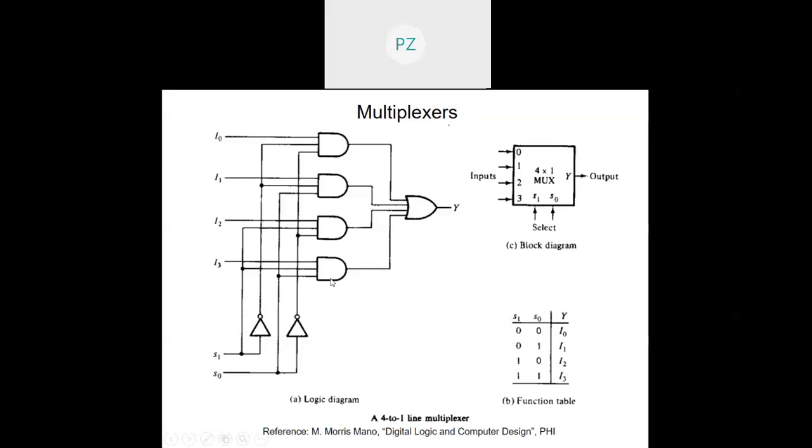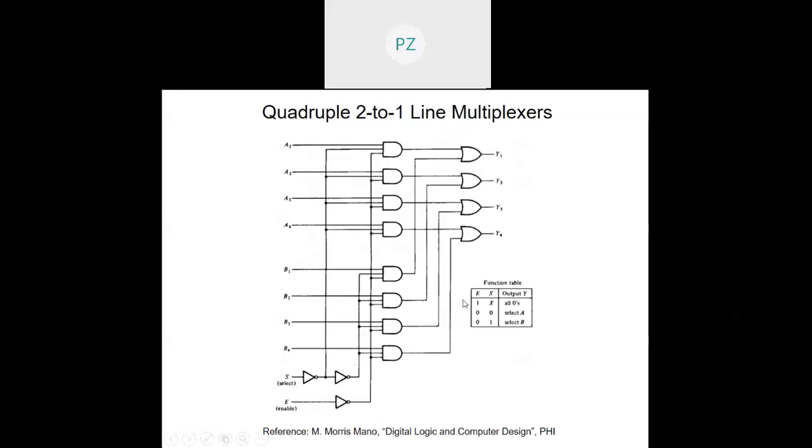Because these gates are essentially generating the min terms corresponding to S1 S0. See, this is S1 dash S0. This one S1 dash S0 dash. This one is S1 dash S0. This one is receiving S1 S0 dash, and this one is receiving S1 S0. So essentially, they are taking the min terms of the select lines, and I also have an inbuilt OR gate. So that means using a multiplexer, I can realize a function without any external OR gate at all. We will see that in the next slide.